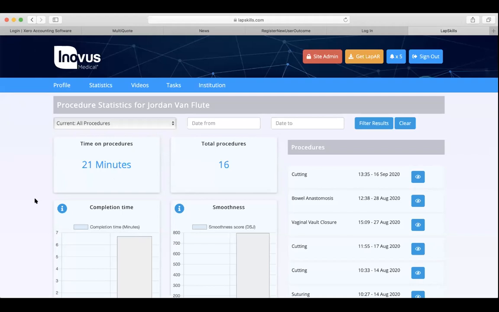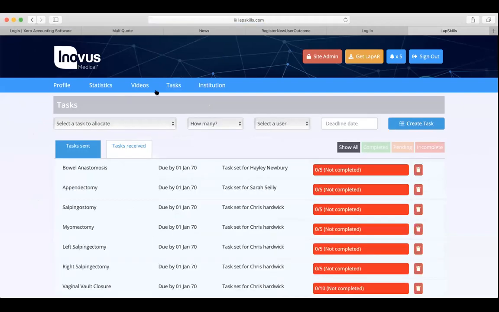The next important question is, well, how do we guide training and how do we make sure that the people are doing the things that we want them to? And that comes into the task management bar here. So you see we can do multiple procedures, so appendicectomies, we can do lap choles. But when I'm connected with someone and I want to make sure that they're doing a certain number of procedures over time, this is where we do that in this task management platform.